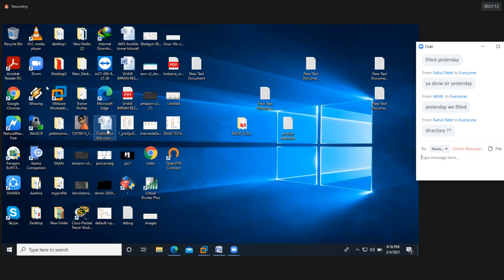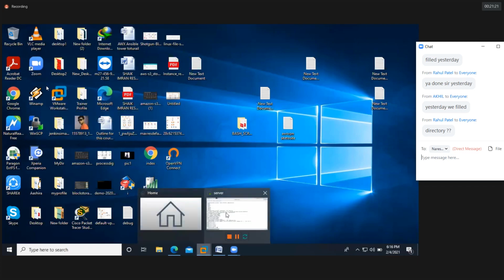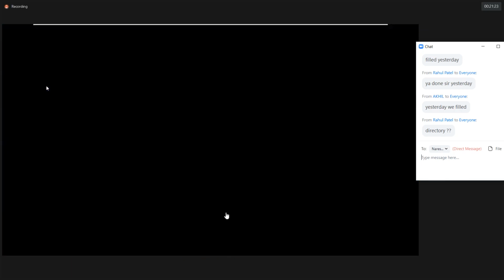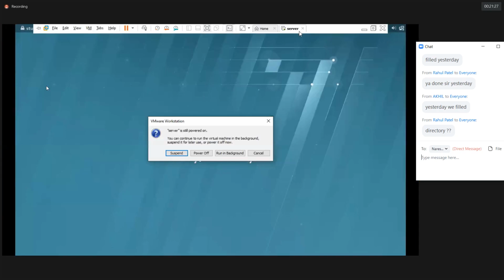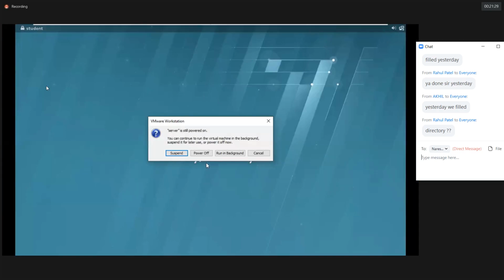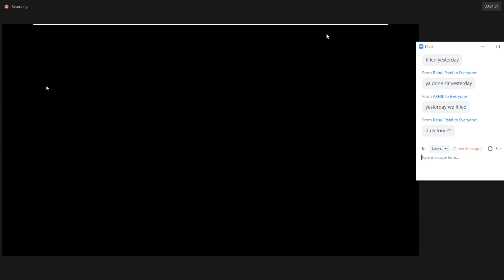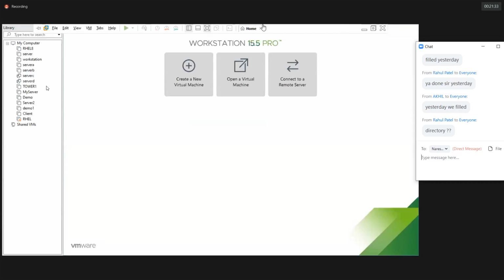Did you install VMware Workstation Pro yesterday? Did you create a virtual machine? While you were installing it, you got the problem. So what type of error are you getting? Please provide the error details.